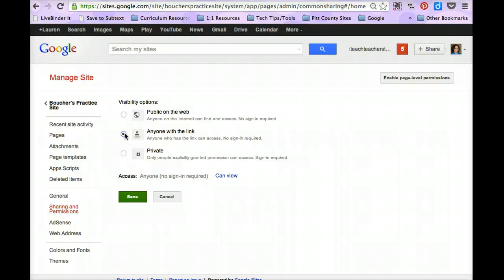So if you want to keep it restricted to only certain people, you may want to think about doing private, and that means that you have to explicitly grant someone permission to access and/or edit your site, and they'll have to sign in with their username and password for Google. Since this is just a practice site, I'm going to leave it public on the web and then I'm going